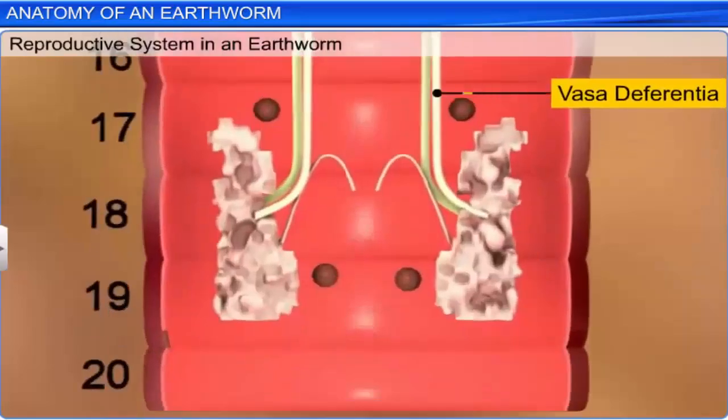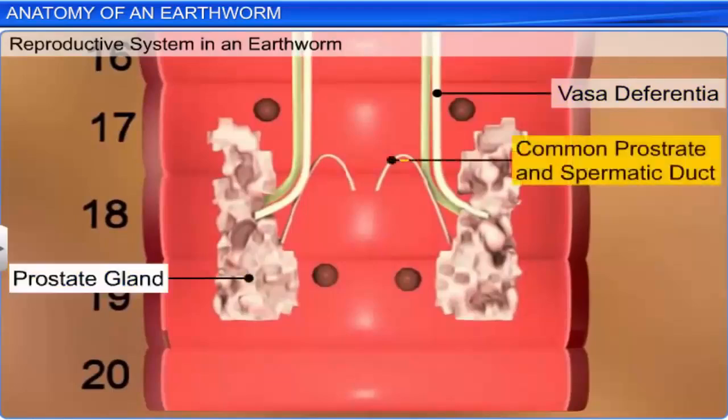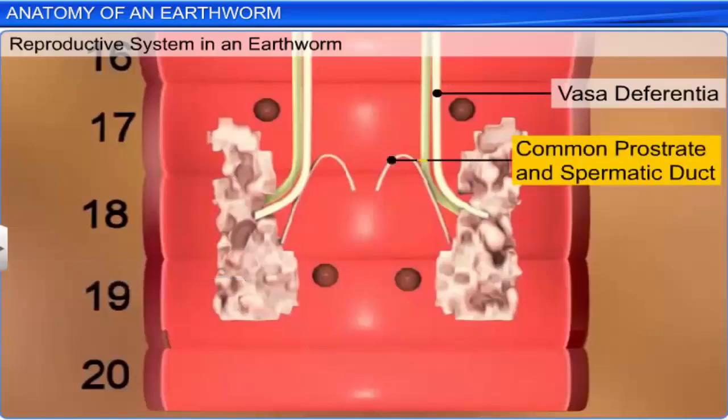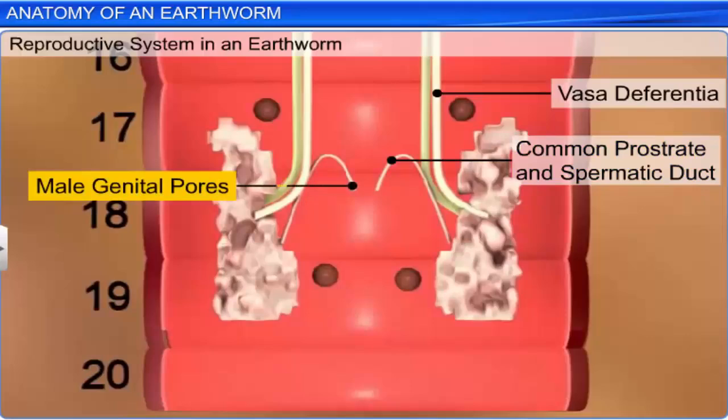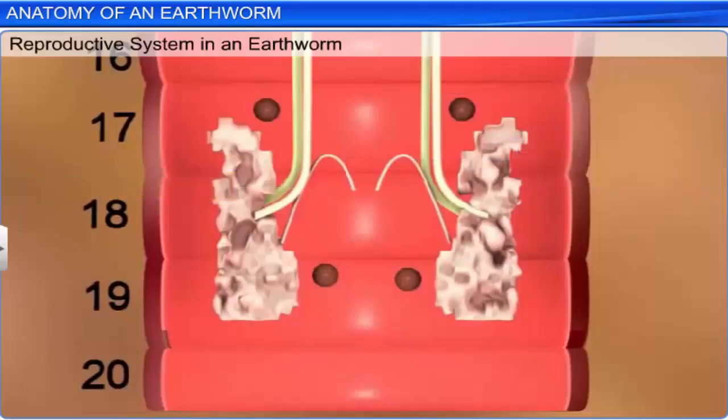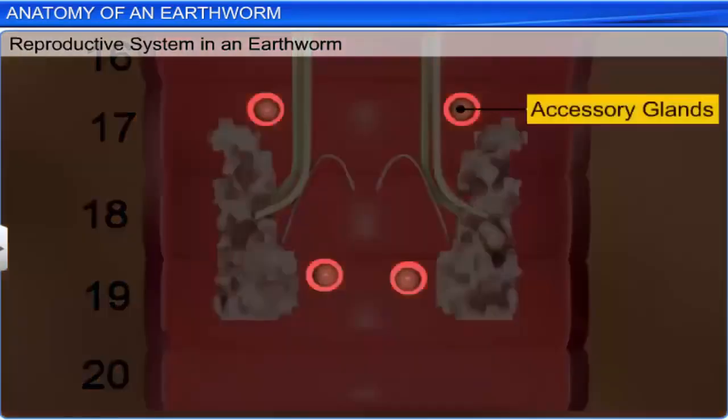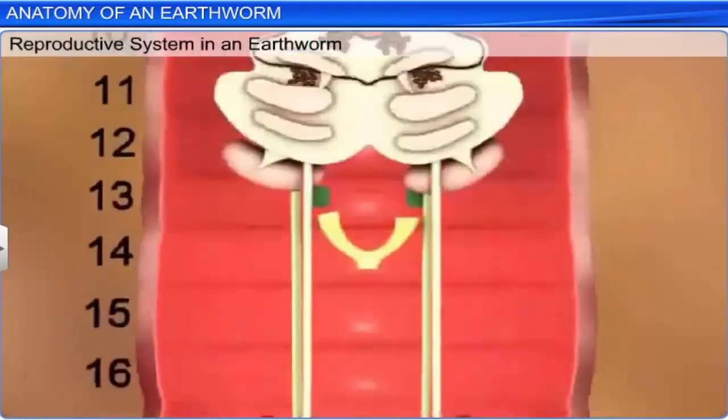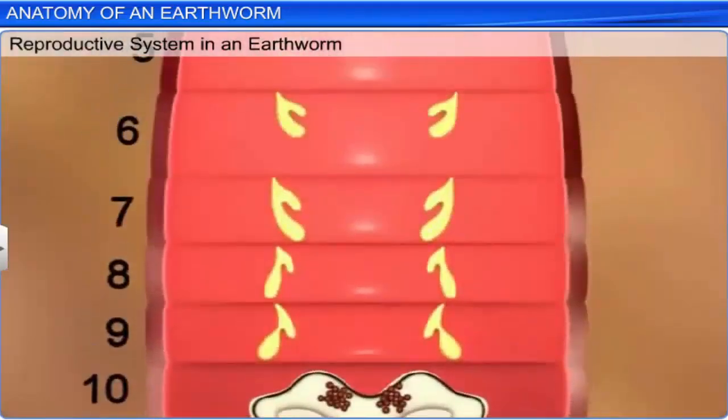Here, the vasa deferentia and the duct of the prostate gland join to form a common prostate and spermatic duct, which opens to the exterior through a pair of male genital pores. In the 17th and 19th segments, a pair of accessory glands is found in each segment. Also, each segment from the 6th to the 9th bears a pair of spermatheca, which receives and stores spermatozoa during